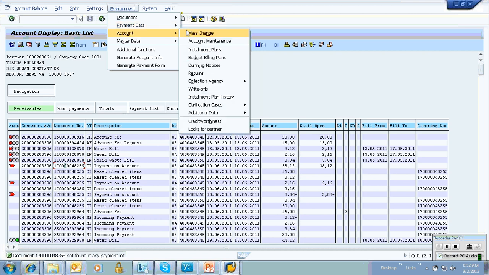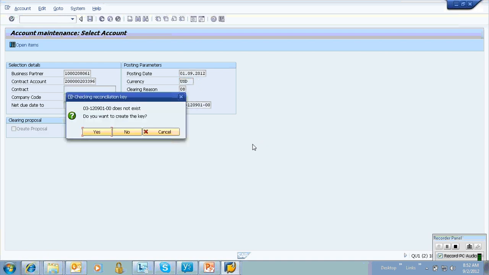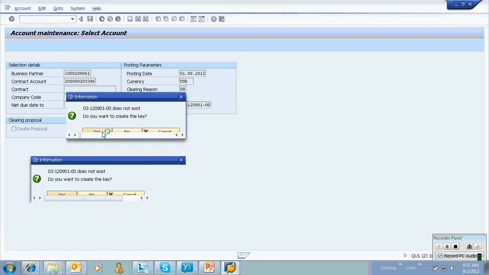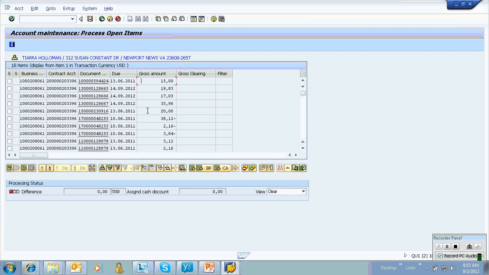And in the account, if you look into the account, you can make changes. Account maintenance has 206. Manual account maintenance is this. This particular screen is the manual account maintenance, wherein you will have the option to select your own debit and credit items. So just click on yes, reconciliation key. See, here you have the option. If you double click this,